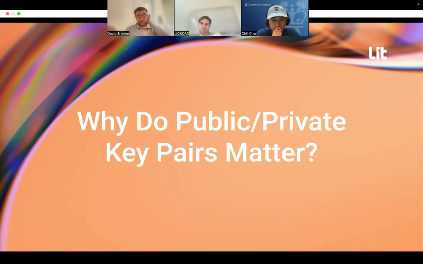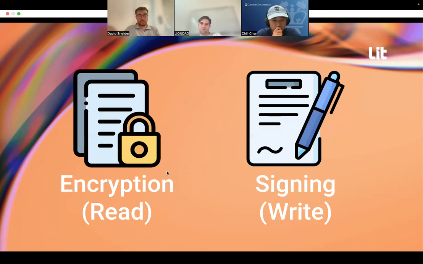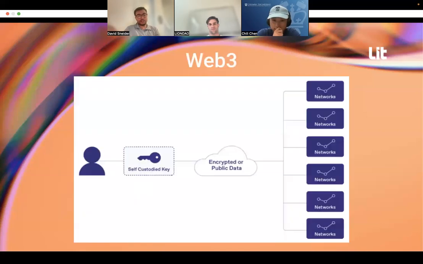And of course, in our Web3 world, we have the notion of an asymmetric key pair. This is all basic stuff that you know, but it gives you the ability to encrypt and decrypt messages, as well as sign things like transactions, which creates the Web3 paradigm, whereby people use a key as the mechanism to interact with distributed networks. And you start to see that the money and the data is on the other side, and the human being, the individual, has some interaction, whether it's around selective disclosure and consent or self-custody over that data and those finances.